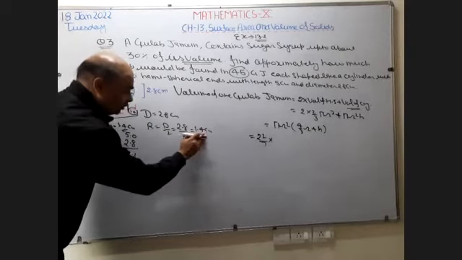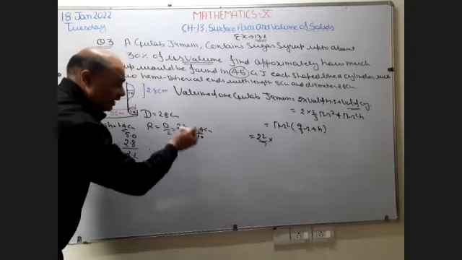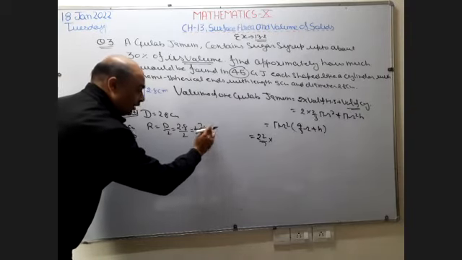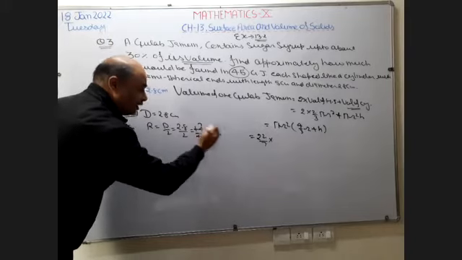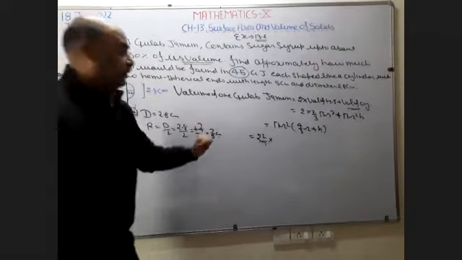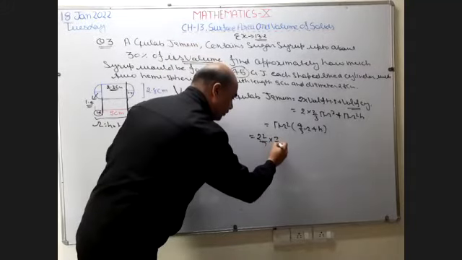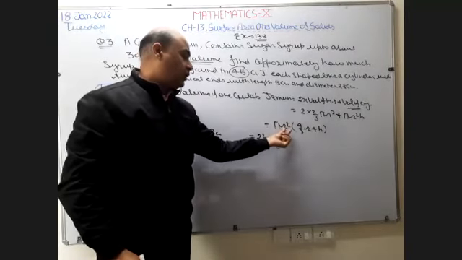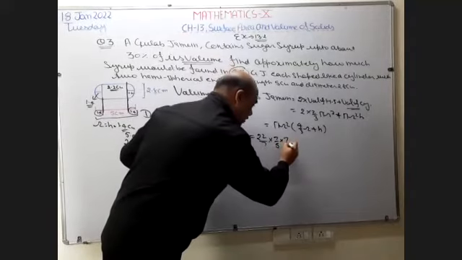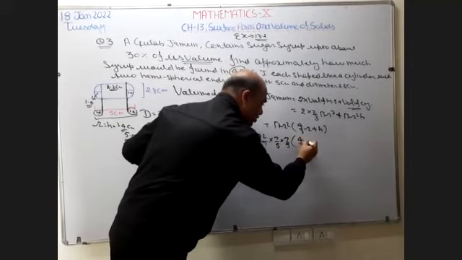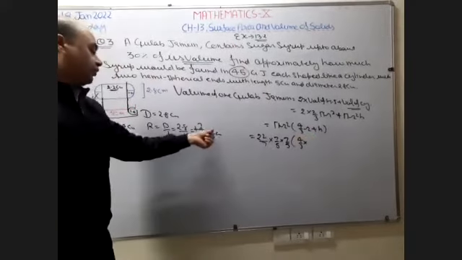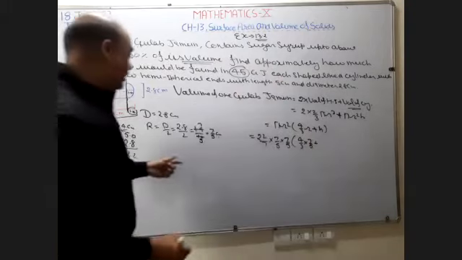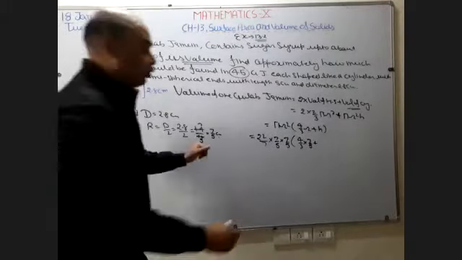See, I want to solve this. I remove this decimal point by taking 10. So this is going to be 2 5s are 10, 2 7s are 14, so this is going to be 7 upon 5 centimeters. So the radius of this hemisphere becomes 7/5. Write here 7/5. I write 7/5 two times because r square is given. What is the meaning of r square? We have to write the radius 2 times. After that, 4/3 is there. What is the radius? The radius is 7/5, so write here 7/5. Plus the height. What is the height of the cylinder? It is given as 2.2, so write here 2.2.